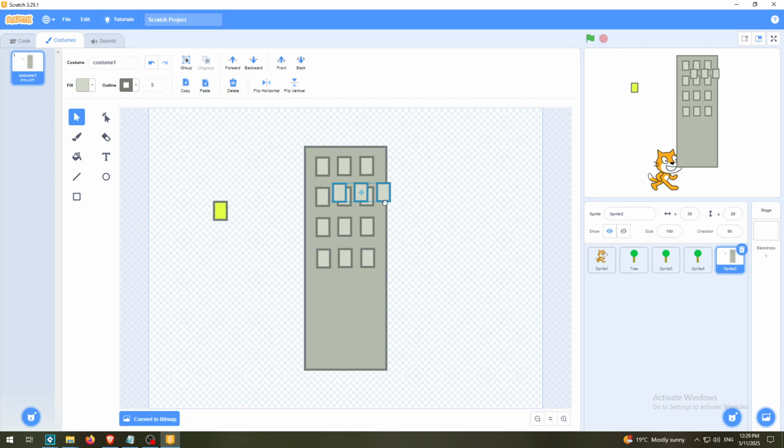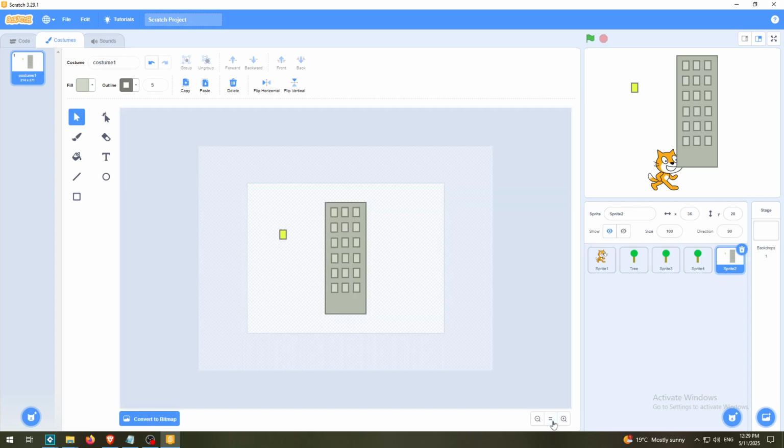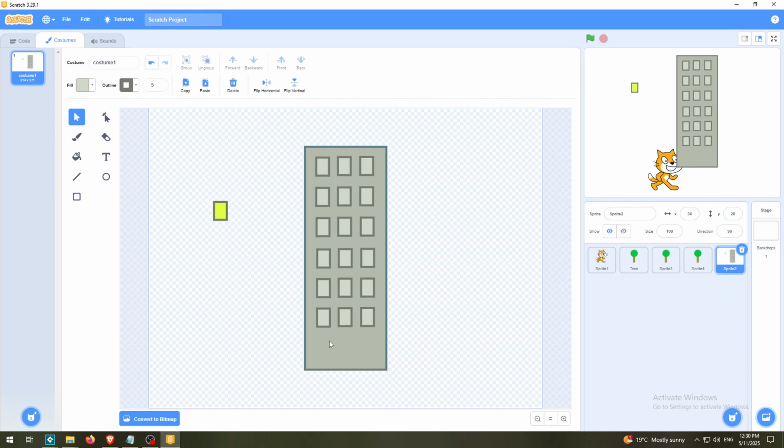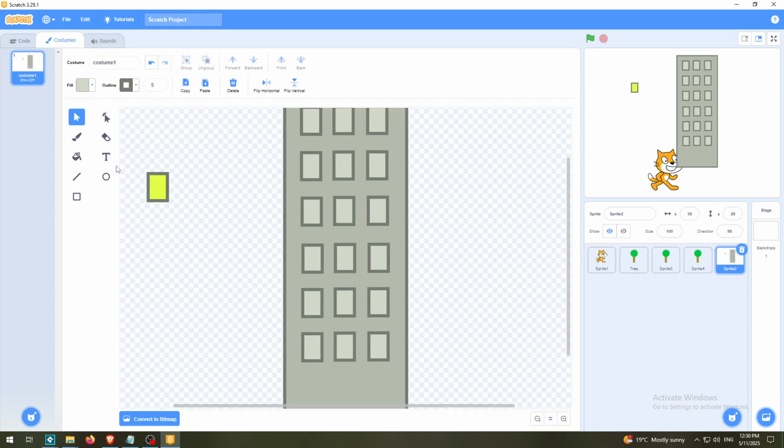And you can make this building as complex as you want, and that's for windows. More or less it looks good. We need to add some kind of doors, and yeah, and let's change the